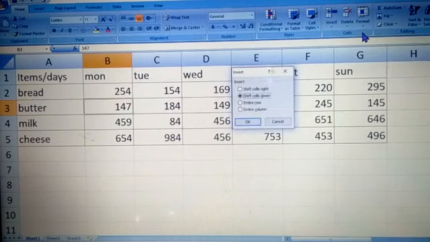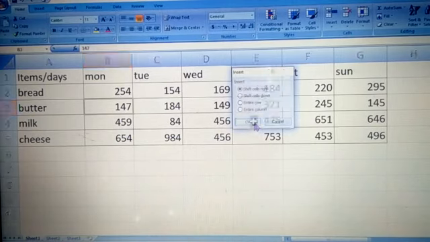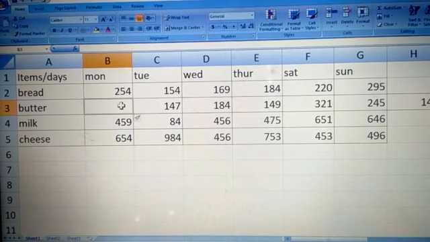So, Insert Cells. Now it will ask you, the first option is shift cells right. So this cell you have selected, if you select this one, children, what will happen? From here, 147 will shift towards the right, and one space will be created here, a blank space. Okay, let me show you this one first. See here. Can you see? One cell has been created here, and 147 shifted towards the right, right?